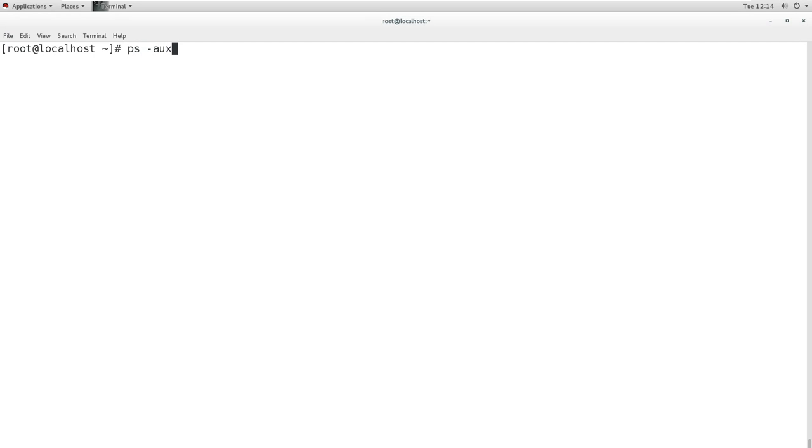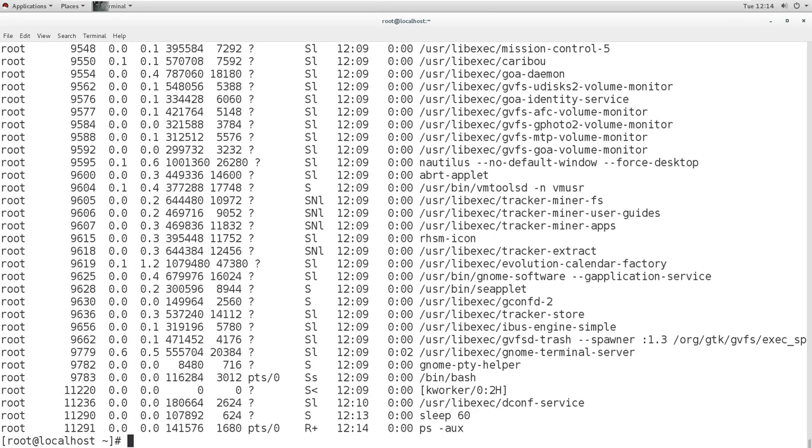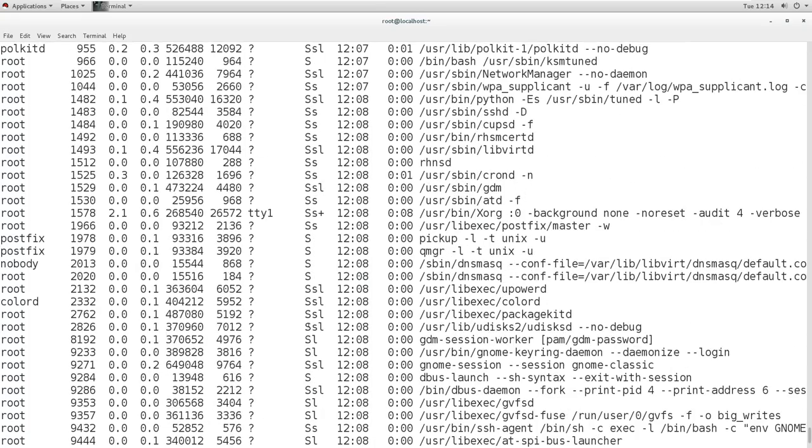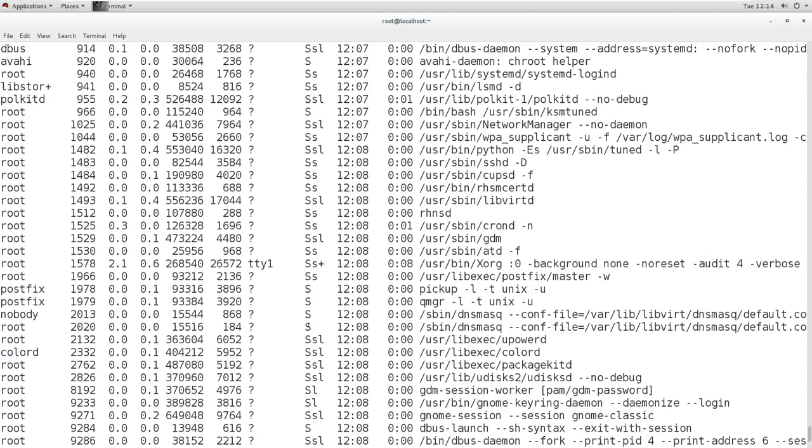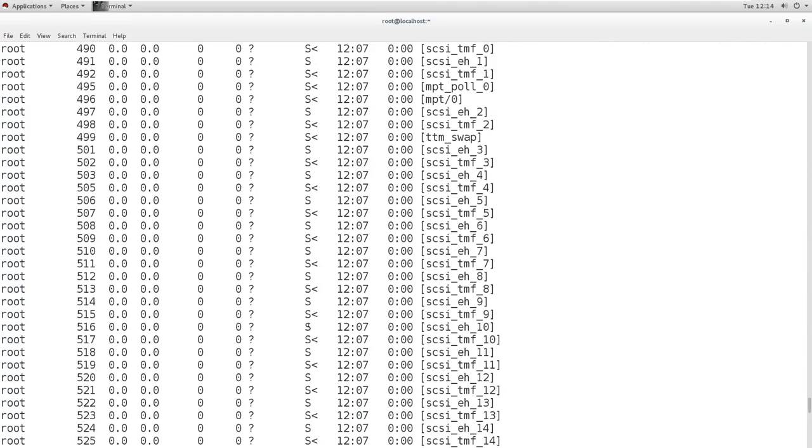If you want to see more detail, then we use this command, ps aux. It also shows the state of the process. We have different states of the process, for example running state, stop state, sleeping state, and zombie state. So we can see those different states here when we execute. So S means sleeping, R means running. Some processes are sleeping, some are running. We can see these.